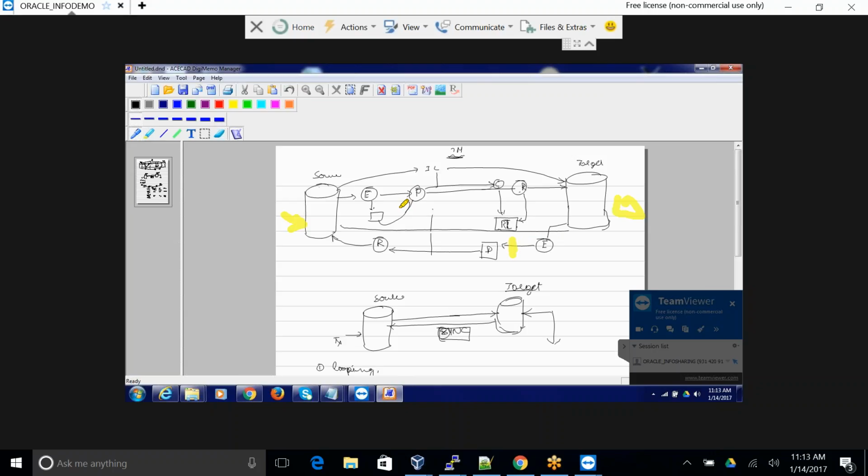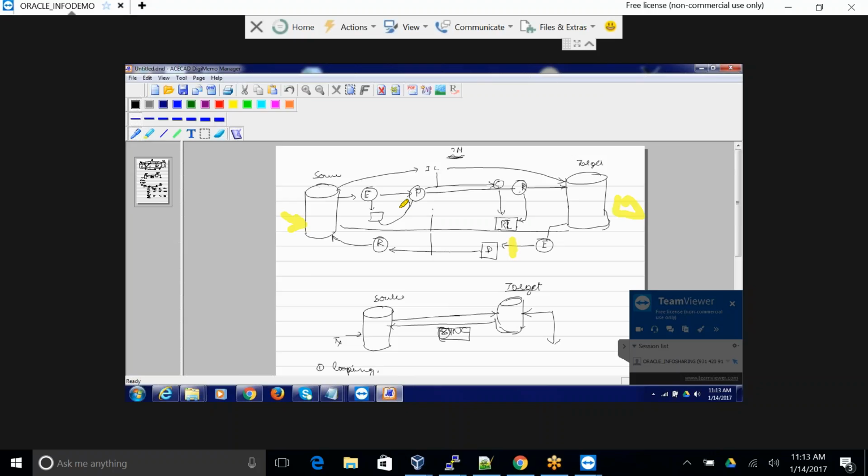Another problem is conflict will be there. So I'm going to discuss it later to avoid the confusion at this moment. So in order to avoid the looping problem that will happen in the bidirectional configuration, that has to be taken care. If we resolve that looping problem, then bidirectional transactions will happen without any issues. So how we are going to